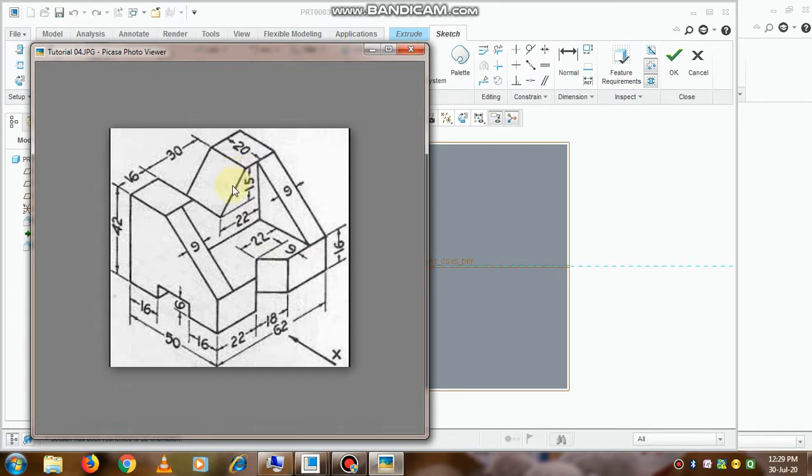Now this vertical plate, it is of total 42 minus 16, so 26 will have to do the extrude and width of the plate is 20.